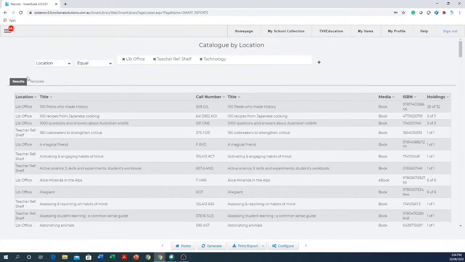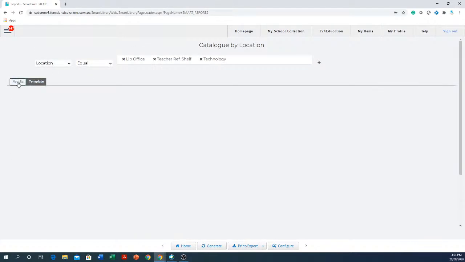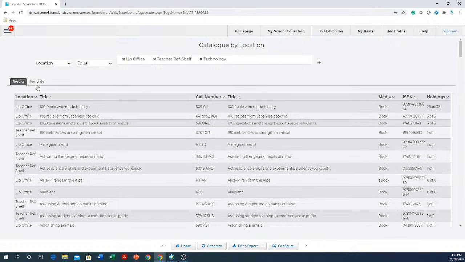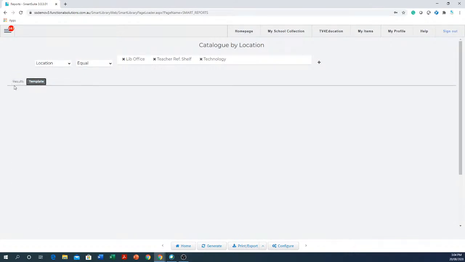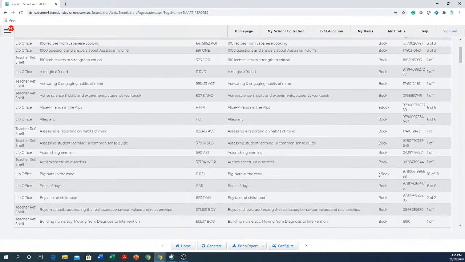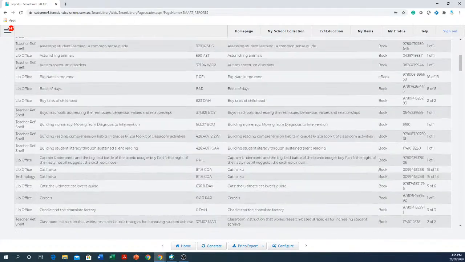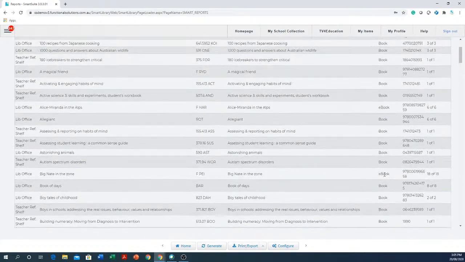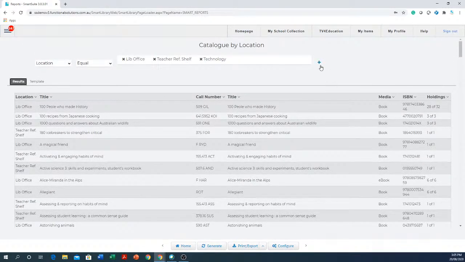Okay. Now, I haven't got a template. We'll deal with that in a minute. But if I then say, all right, if I've got this particular report, I want to change the selection criteria. And I want to get, so I've got book, I've got ebook. Okay, so I can say, no, I don't want the ebooks in here. So I can add